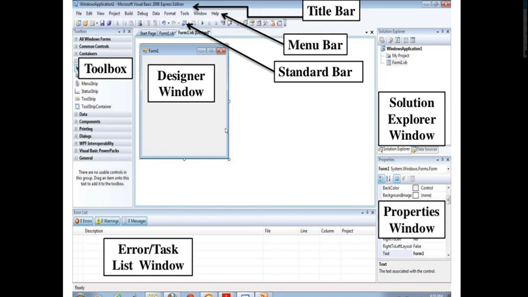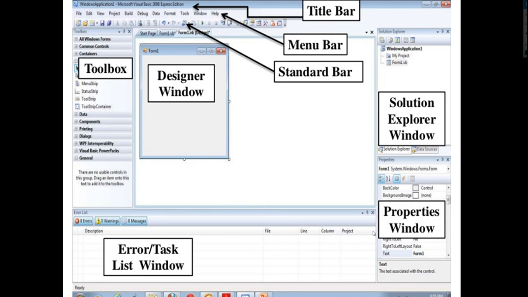Okay, now next was the property window. What is this property window? Properties are attributes that define the appearance and behavior of objects. They are going to define the behavior of the object.